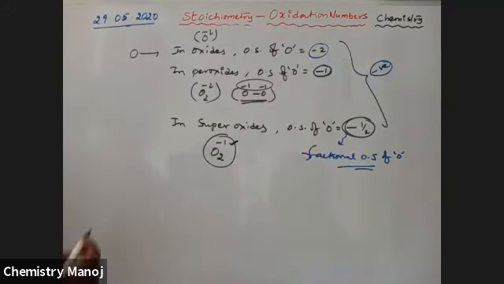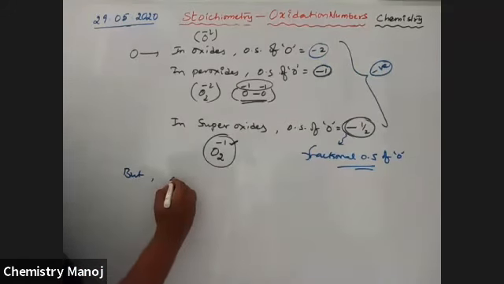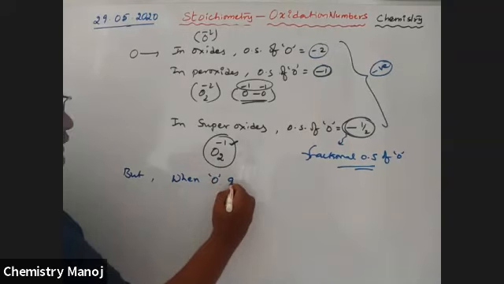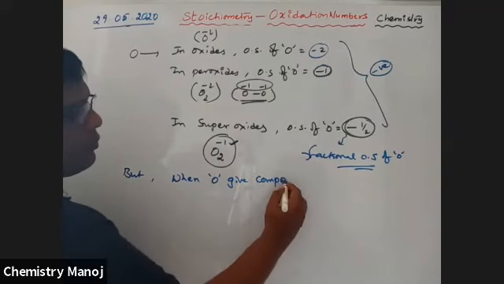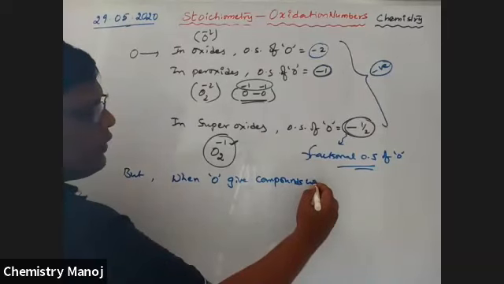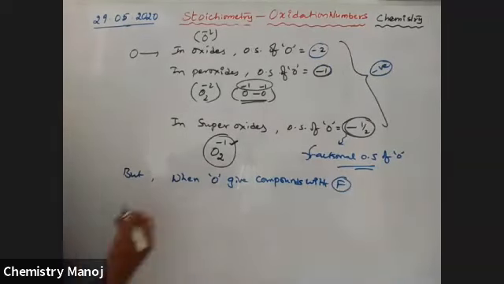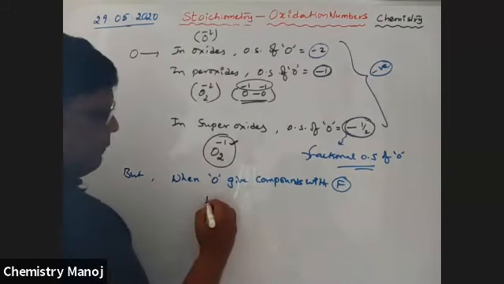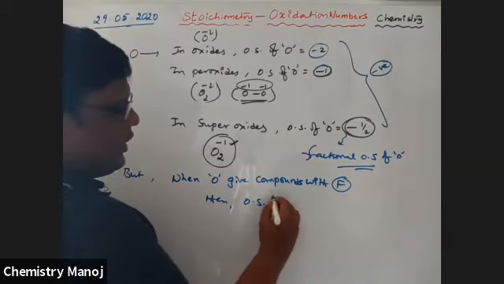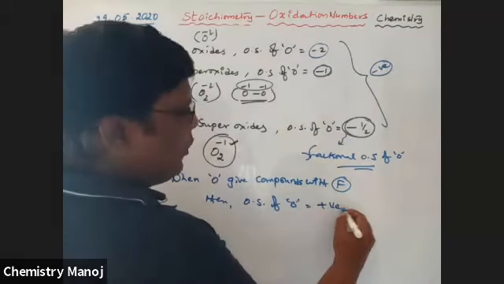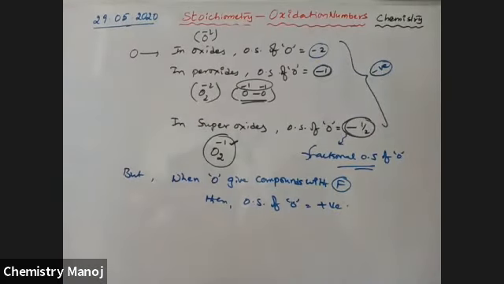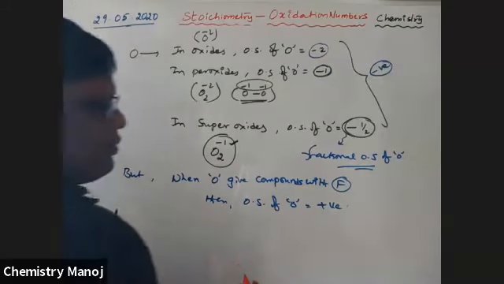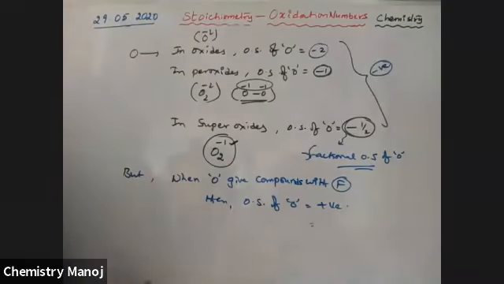But when oxygen forms compounds with fluorine, then the oxidation state of oxygen is positive. Now, for example,